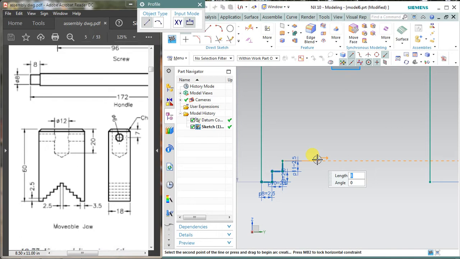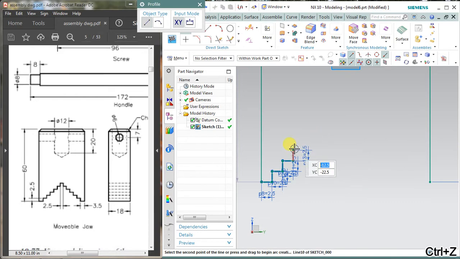It is about 6 steps. These are 6 steps. Again 2.5, enter, and the angle is 0, enter, and upward direction is 2.5, enter, and the angle is 90 degrees. Again 2.5. Just give the direction with your mouse and feed the dimension as I am doing.